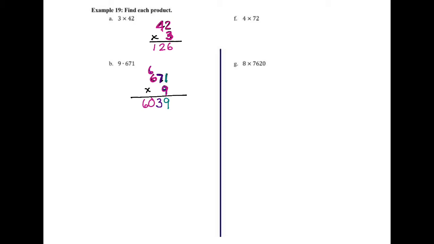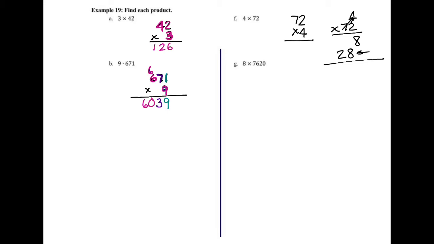All right, F. 72 is going to go on the top, times 4. Let me show you what I meant on the other side. What if I put a 4 on the top and a 72 on the bottom? First, other than looking really strange, now we have to multiply 2 times 4, and we get 8. And now we have a second row. 7 times 4 is 28, and we had to move over 1, and that's just a big mess